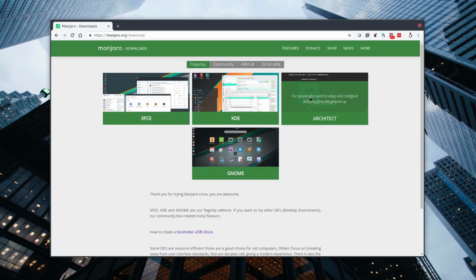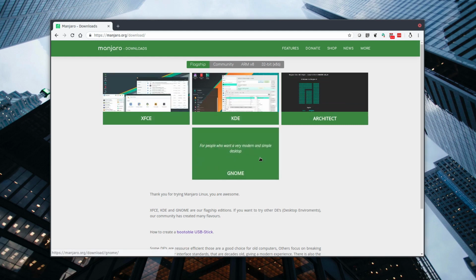As you can see, Manjaro comes preloaded with its graphical interface and its window manager, and you can actually choose which one you want to be preloaded in your installation. Now, even if you pick one of these, you're not locked into that window manager. It is an Arch-based distro. You can always just download a different window manager, download a different GUI, and start using it. But for the most part, you should probably pick what you're most comfortable with, and it'll be out of the